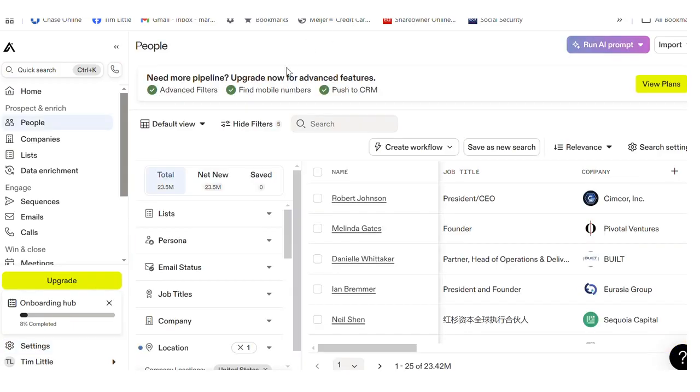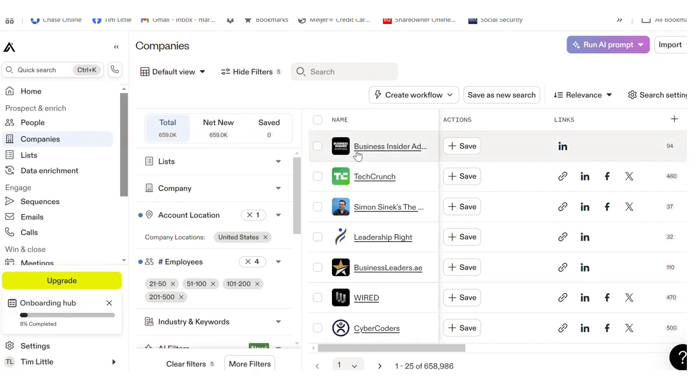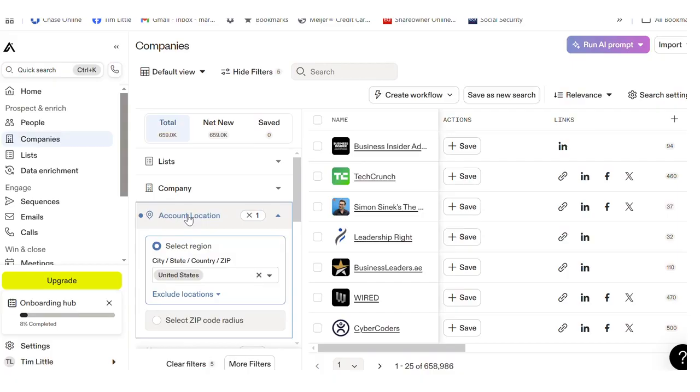So also, these are the selects, the type of list that you can select. Now you can select a list by people. This would be specific people that you're looking for. More commonly, you can select by companies, and these are the different types of companies that you can select by. Also, you can do it by account location, whether it's the United States,